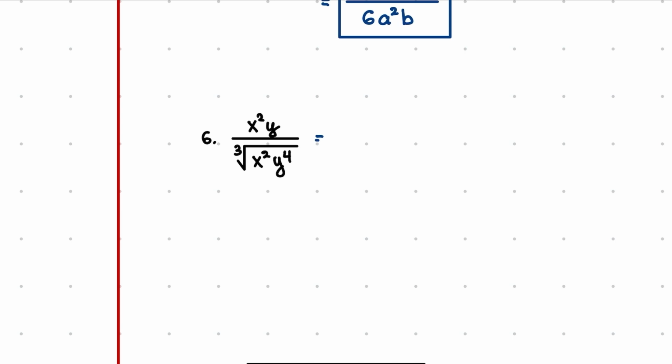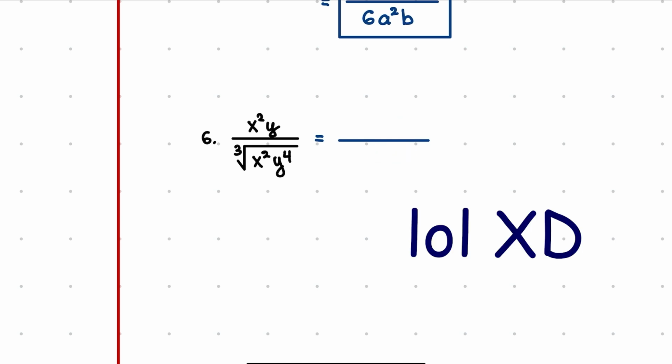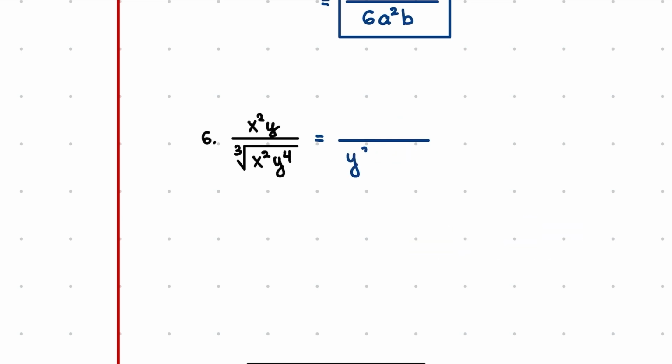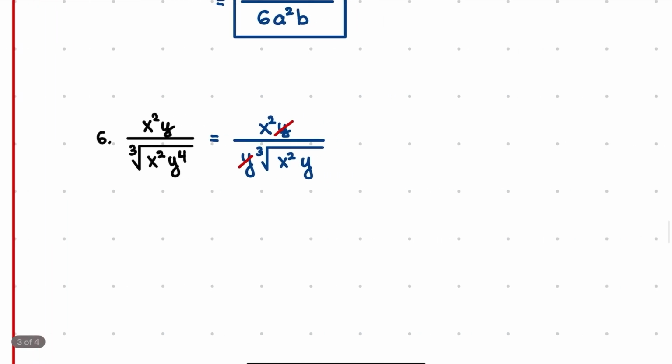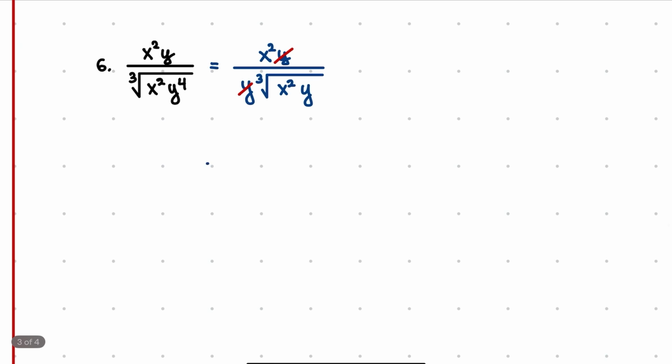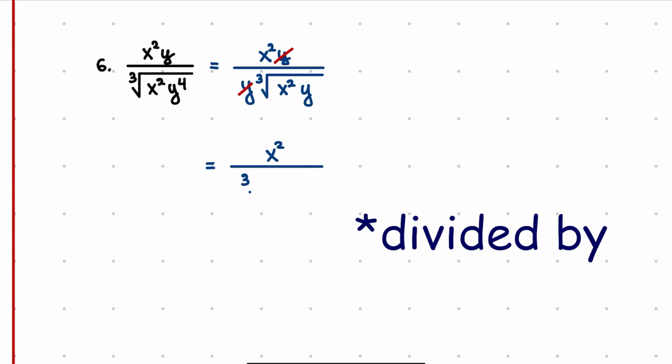So to write that one down, in the denominator, we'll be left with a y cube root of x squared y. And then for the numerator, we have here x squared y. And then from here, we can actually cancel the y's. So that simplifies one part of it. And we'll be left here with x squared times cube root of